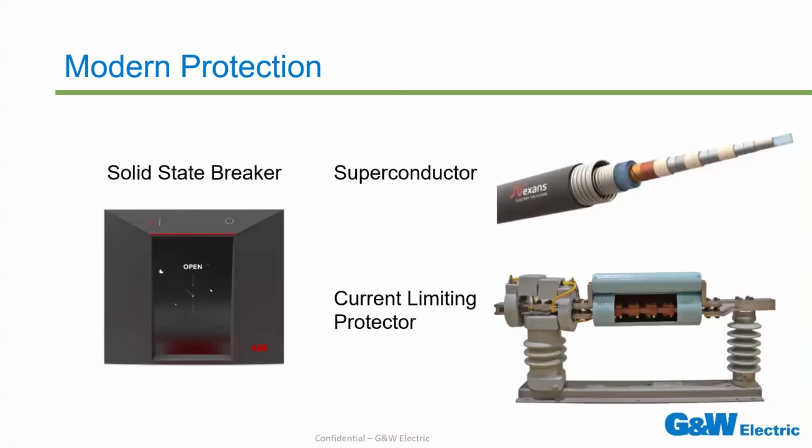Okay, well, this is a visual demonstration of what all these different devices are. You can see on the left an example of a solid state breaker made by ABB. You can see very much that there's no visible mechanical parts, and there's literally just a black monolith with the word open on it in front. That gives you indication of whether or not it's open or closed. You have an example of a superconductive wire or conductor over to the top right. Basically what happens is that liquid nitrogen gets pumped through there to cool that device down to below zero to a temperature where